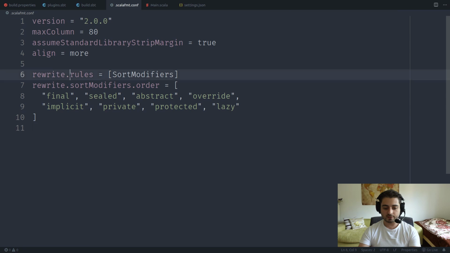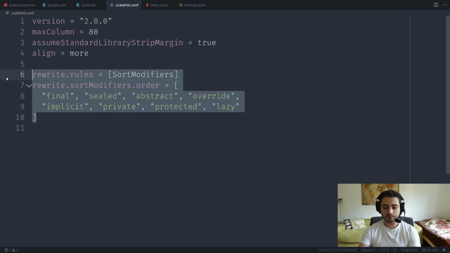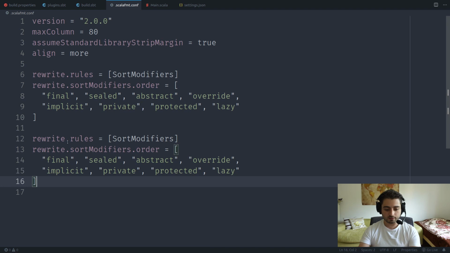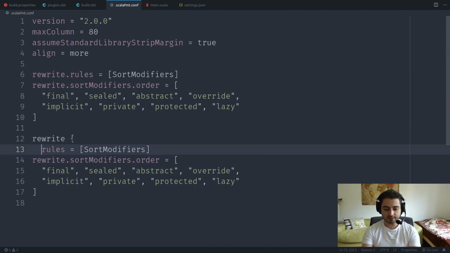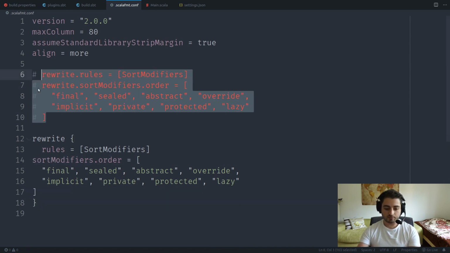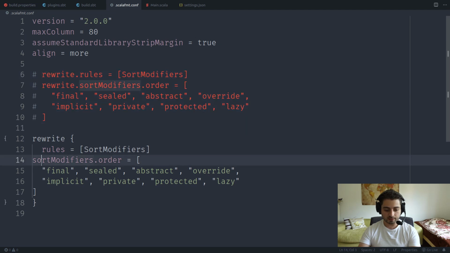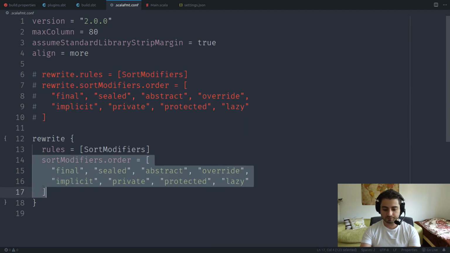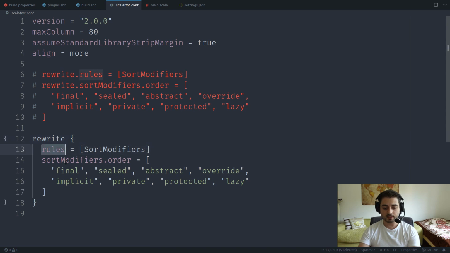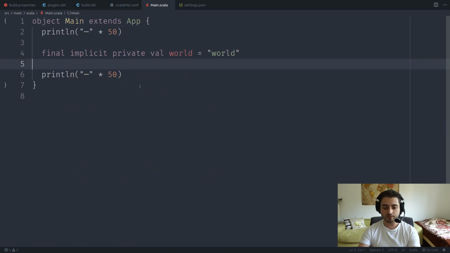So as you can see, we have this rewrite and dot. So instead we can do this. So we can just open a curly brace like that and do it like that. So it's basically going to look like JSON. Okay, let me comment these out like this. I was hoping that it would format them like this. Okay, right? So these two settings, they belong to this rewrite rule, right? And you can keep going like for this one, right? So the sort modifiers, it probably doesn't only have order, it probably has even more settings. Okay, so let me go here, I press Ctrl Z, let me save the file, and as you can see,